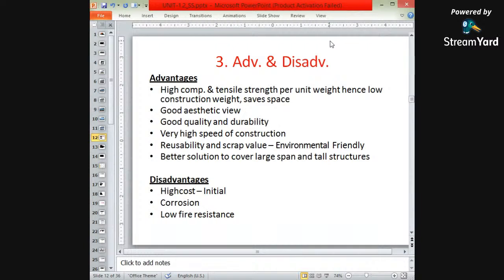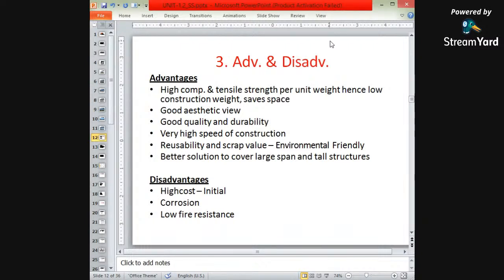Here steel structures have both compressive and tensile strength, because both compressive loads and tensile loads are taken care of by steel structures. Normally, columns take the compressive load, whereas beams take the tensile loads. But in steel structures, both members are made with the help of steel. Therefore, high compressive and tensile strength per unit weight means low construction weight,